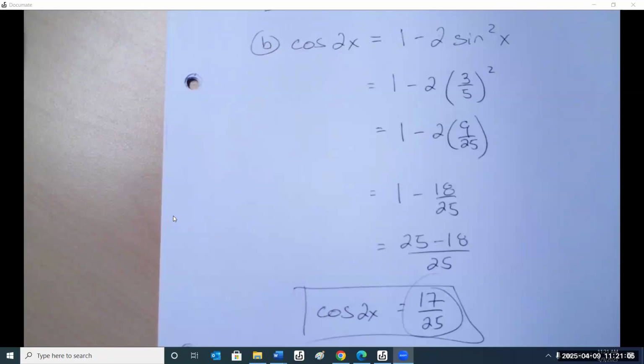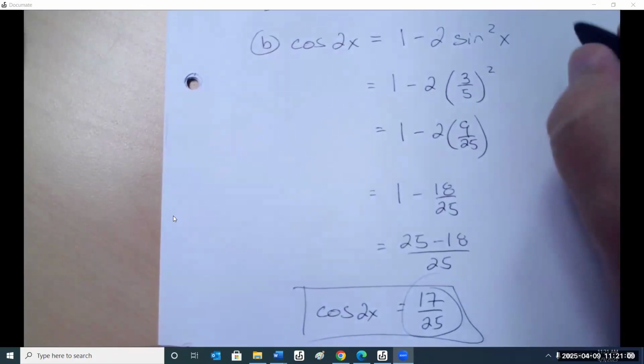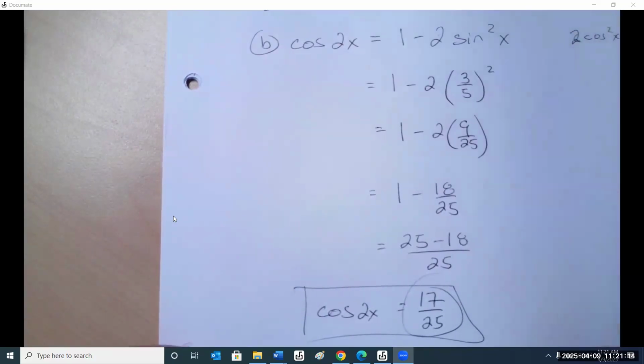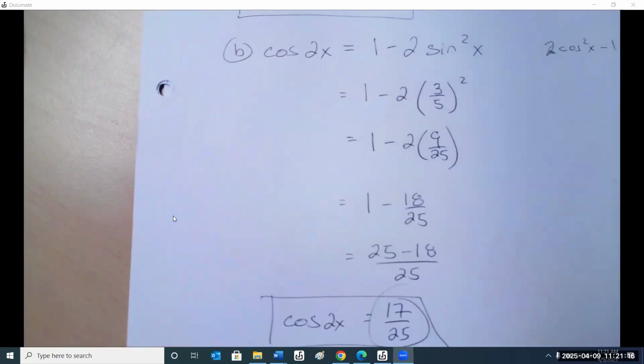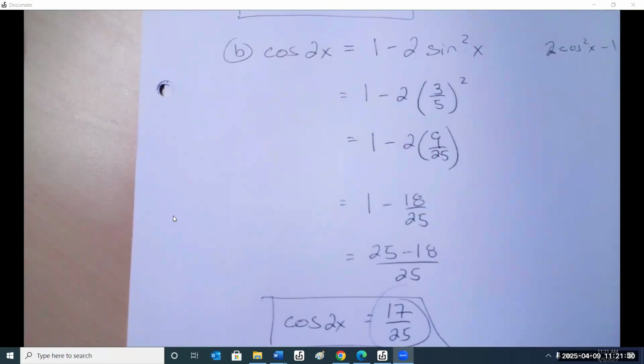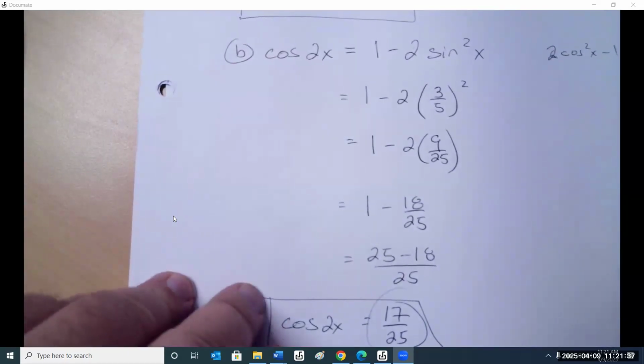Pretty straight, yeah. You can use any one you want to. Since we also calculated cosine, we could have done cosine also, since we calculated cosine already. But why would that not be a smart move? Exactly. Always use what's given to you. Because if sine's given to you, use sine. Don't use what you did. I know you should have more faith in yourself, but